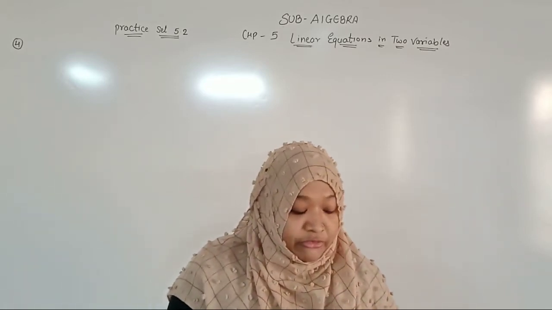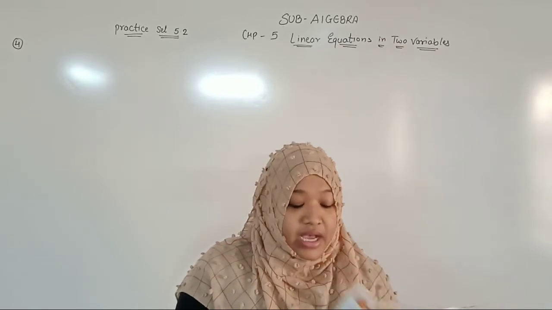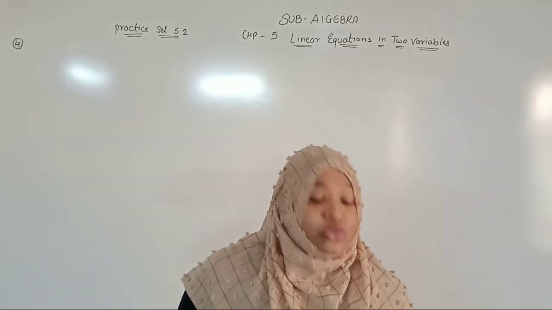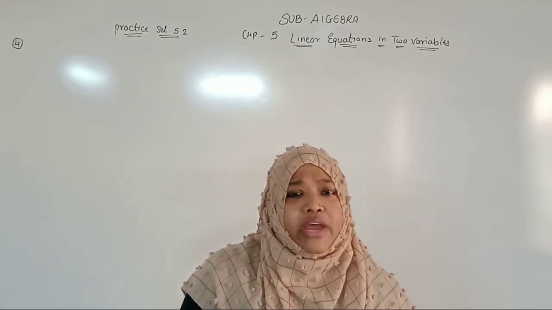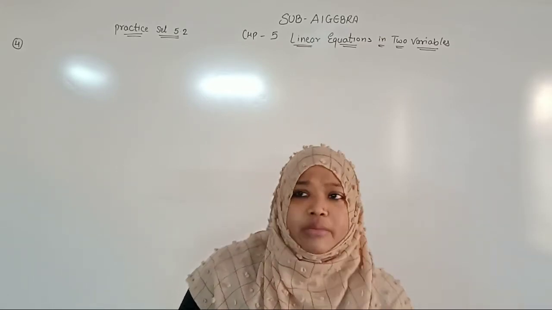So after 4 years his salary is this. After 10 years the salary is this. So we have to find the original salary and yearly income. So same thing, we have two different things. We can take two variables, right?